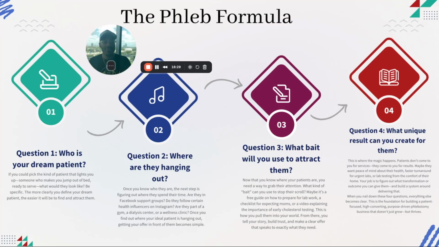So your job is to figure out what transformation or outcome you can give that specific patient and build a system around delivering that, okay? Because when you nail down these 4 questions, phlebotomists, everything else becomes more clear, I promise you. This is the foundation for building a patient-focused, high-converting, purpose-driven phlebotomy business that doesn't just grow, but it also thrives,